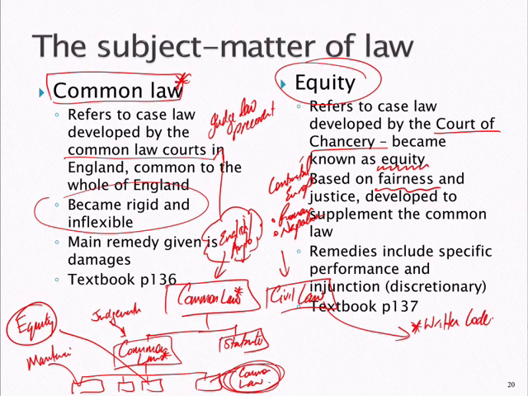Under common law, our key remedy is damages, right? Money to put you back into the position you would have been in before the act or omission of the other occurred. In equity, sometimes money isn't enough, right? Sometimes what you need to do is to stop people doing something, which is an injunction, or make them do something, right? So if someone's going to knock down a heritage listed building, once they've knocked that building down, there is no amount of money that can rebuild it, right? You can make a model, but you can't get the building back. Okay. So what do we have? We have these other remedies, and they come through equity rather than common law.